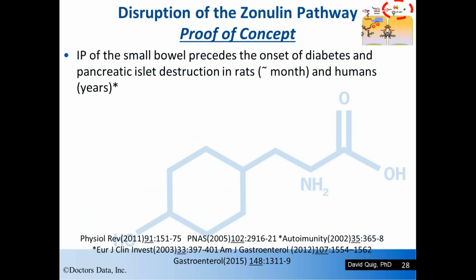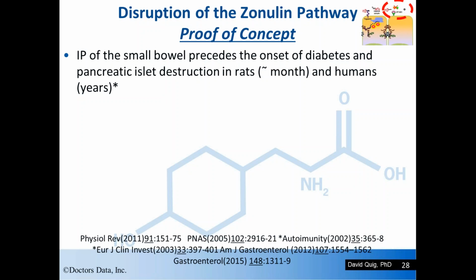So proof of concept that disruption of the zonulin pathway can be beneficial was offered by a very elegant study in a rat model. And basically what we're talking about is increased permeability of the small bowel preceding the onset of diabetes and pancreatic islet destruction in rats by about a month, and humans by years. That is, we see increased zonulin in serum up to 3.5 years prior to the onset of type 1